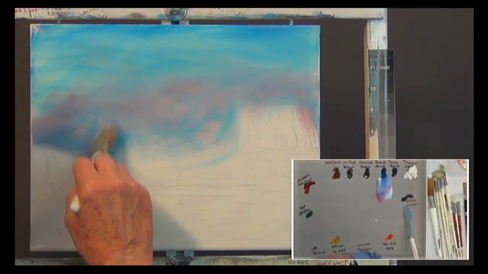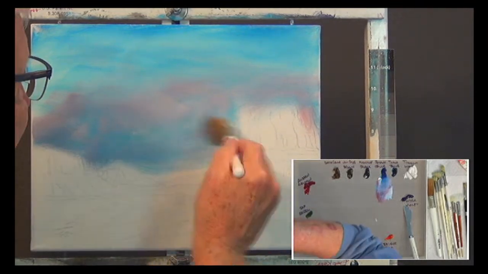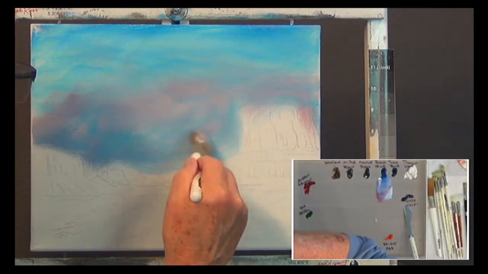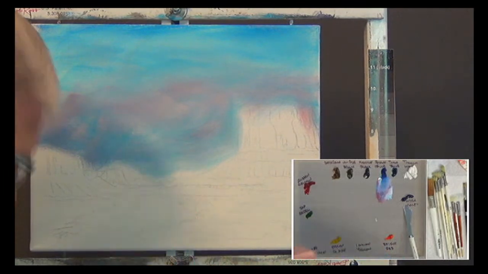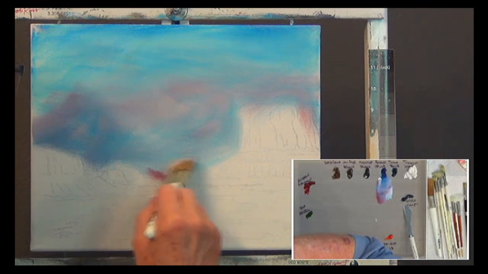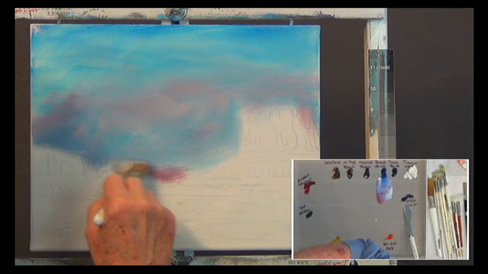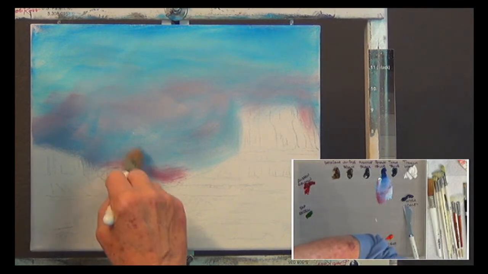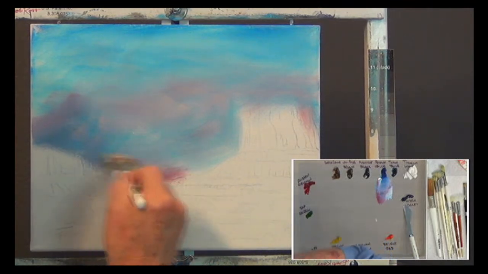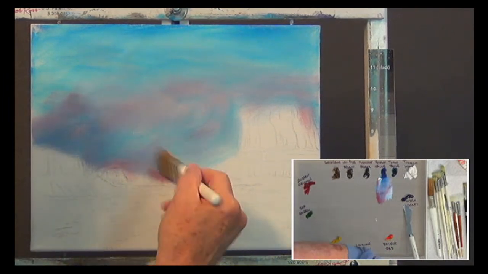So I'm doing a little negative painting here so you can see some of those distant mountains here, distant pillars or whatever they're called. Some of them are called buttes and some are called mesas, and I'm not sure the exact definition, but I just want to get enough on here to, you can